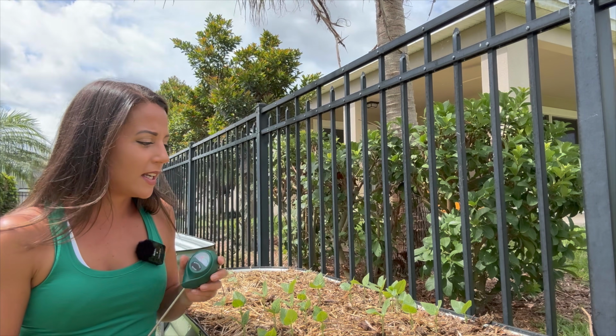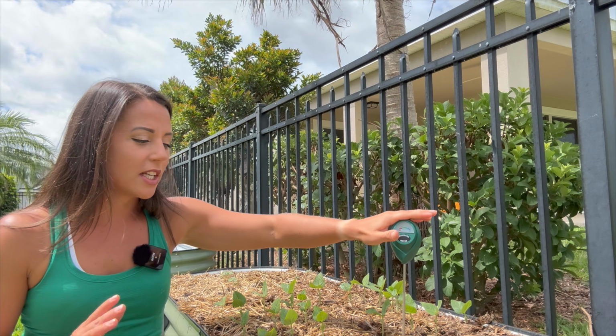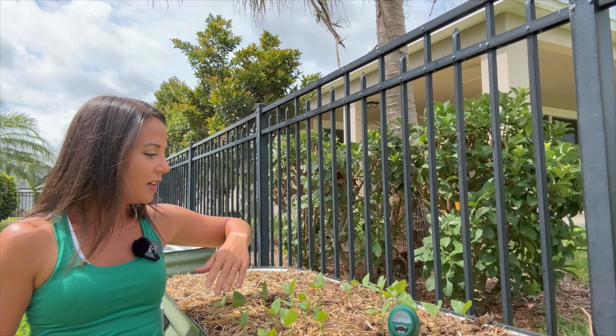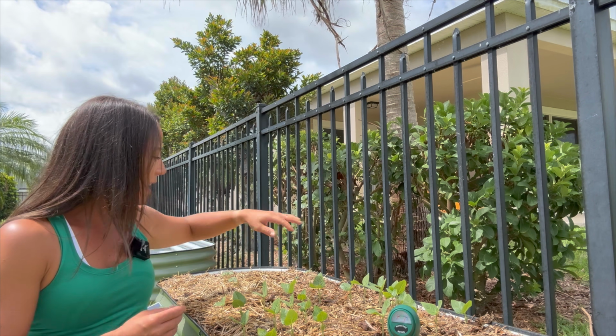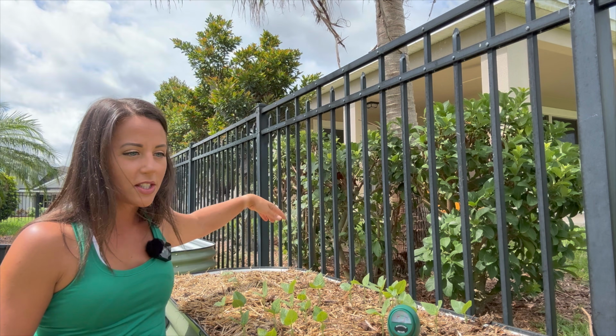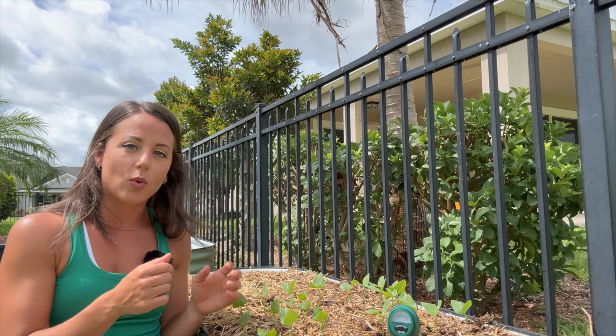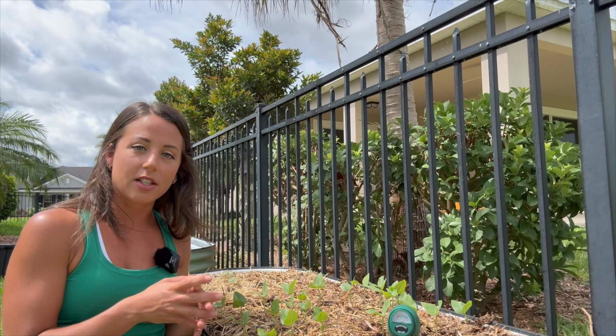Now this raised bed is a little bit different. Instead of transplanting my seedlings, I actually direct sowed a bunch of soybeans, black-eyed peas, and okra, butternut squash, and Seminole pumpkins over there. And what's interesting is I watered them in right after I sowed the seeds, and I